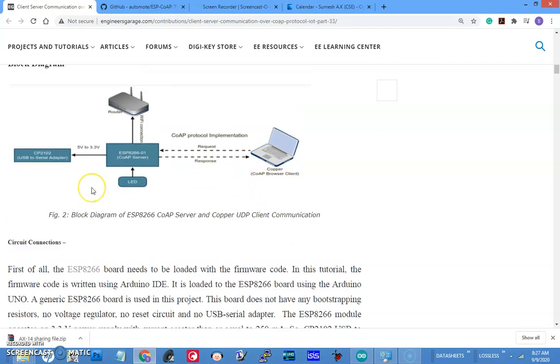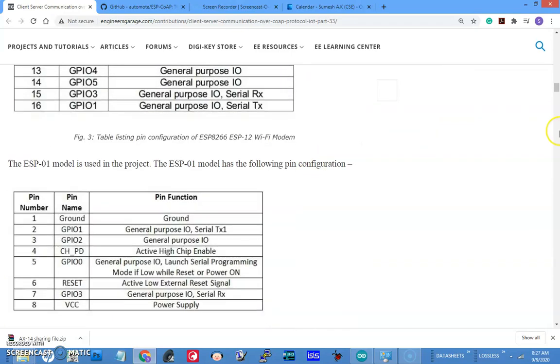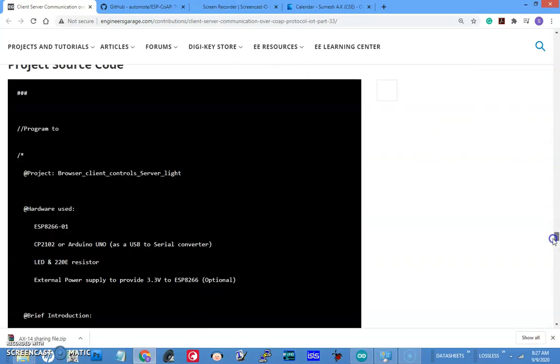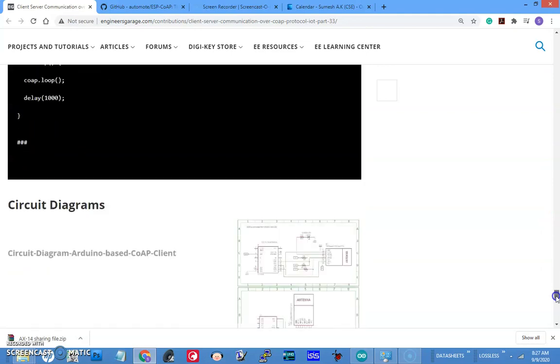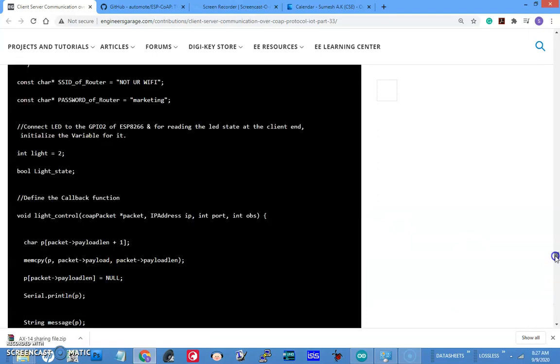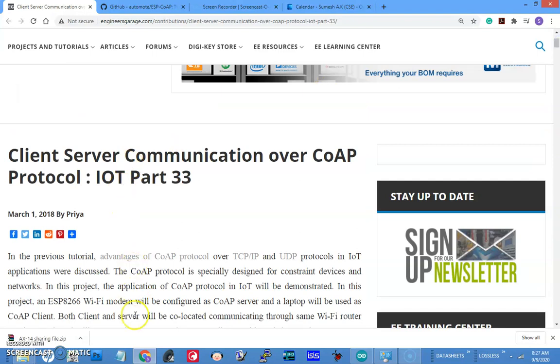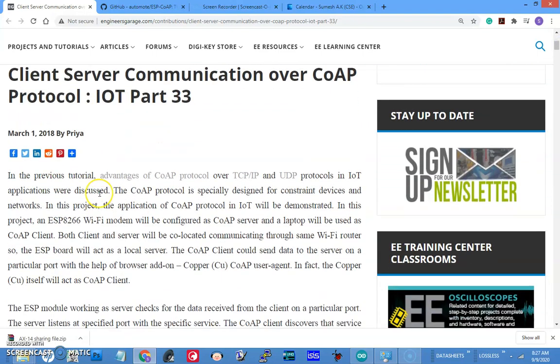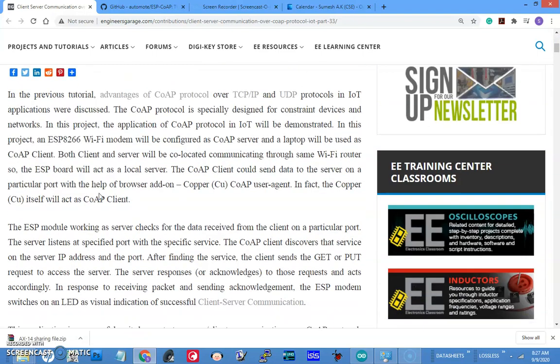This example has the code and also the working video at the bottom. It is a full-fledged tutorial, so I am not attempting to replicate this on my own. I will share the link to this page in the description and you can refer to it. This is a very simple, easy to understand implementation.